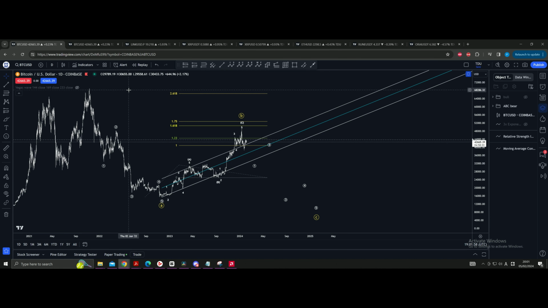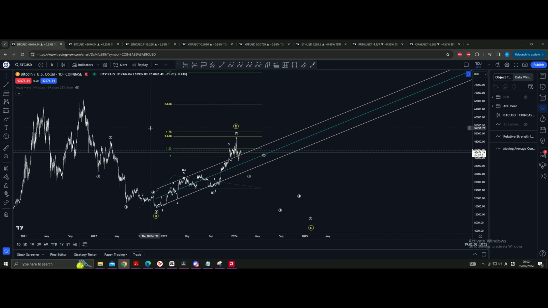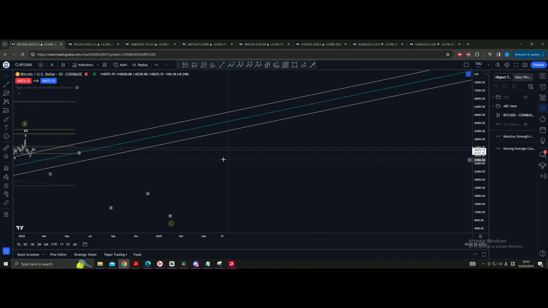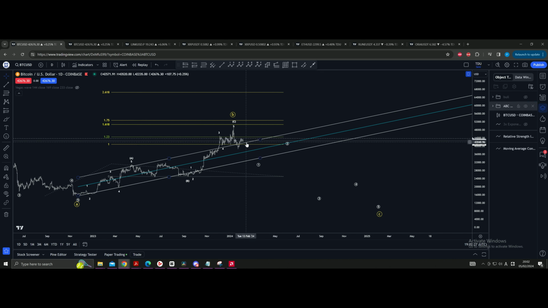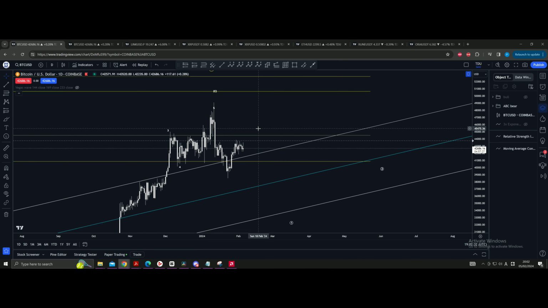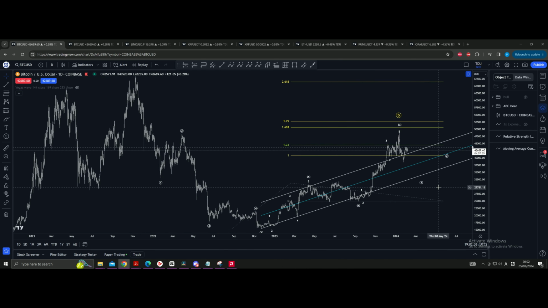Let's update crypto. Actually, let's update Bitcoin and Link and XRP because the other ones are not moving yet. Okay, so first things first, we're not out of the woods yet. This is still possible, the bearish count, 535. And if that's the case, we have our 1 in place, most probably, and now we have a retrace in a form of perhaps a zigzag with A, B, and a C. It goes a bit further up, and then you might short if you're a bear.